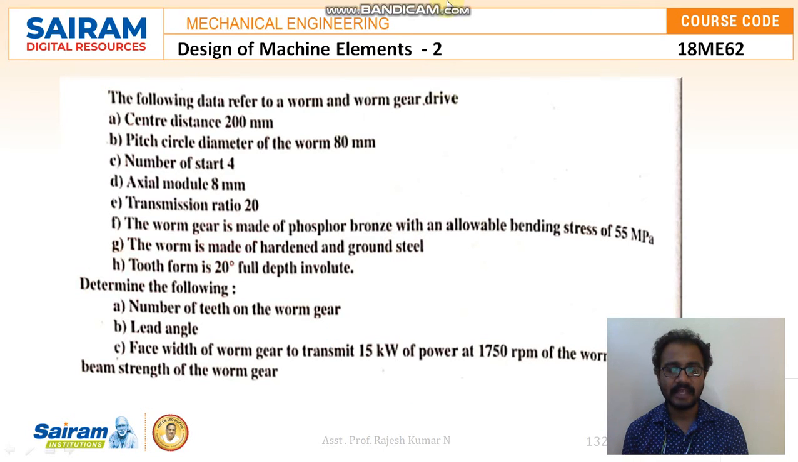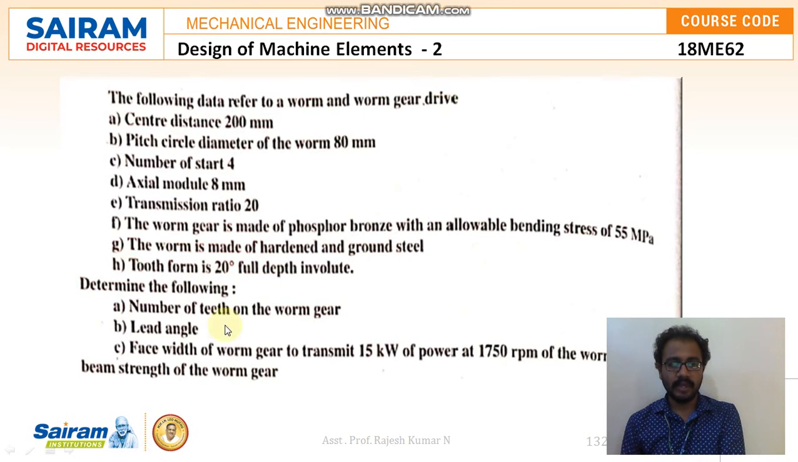Now moving to the actual problem we are planning to discuss in this video, that is two simple problems. Both the problems I have taken from the VTU prescribed textbook Design of Machine Elements authored by V B Bhandari. The given question is: the following data refers to a worm and worm gear drive. Center distance 200 mm, pitch circle diameter of the worm 80 mm, number of starts 4, axial module 8 mm, transmission ratio 20. The worm gear is made of phosphor bronze with the allowable bending stress as 55 megapascal. The worm is made of hardened and ground steel, and the tooth form is 20 degree